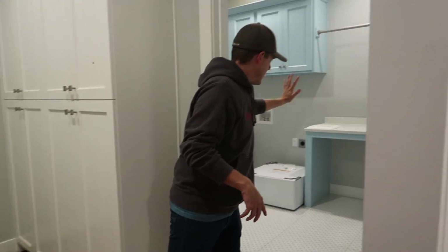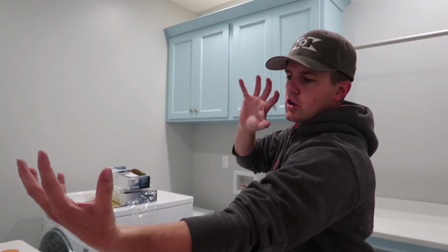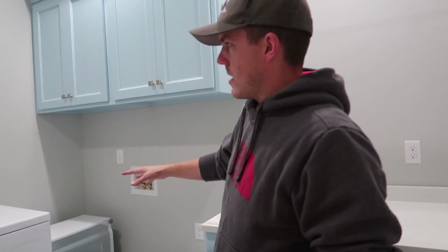Yes. And I'll tell you here in a second, but this is the laundry room, and I'll get into that. But the whole thing that was cool about this is we redesigned it. We said that we didn't like bathrooms that had closed doors. Well, in the original design, you walked in and the bathroom started here and ended here. And what we did, if you come in, we just turned the entire toilet around, and we've got a toilet right here and a sink right here. So we turned it into a half bath with the laundry room, and we're still waiting on the dryer, but